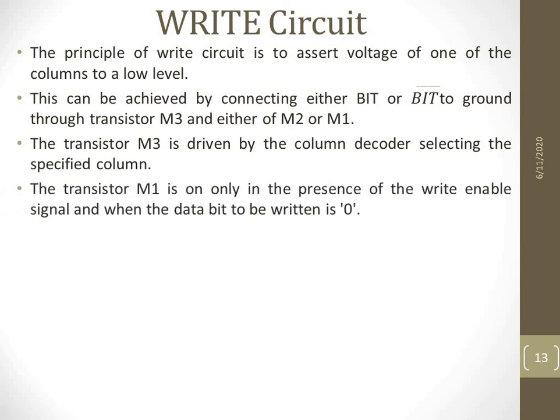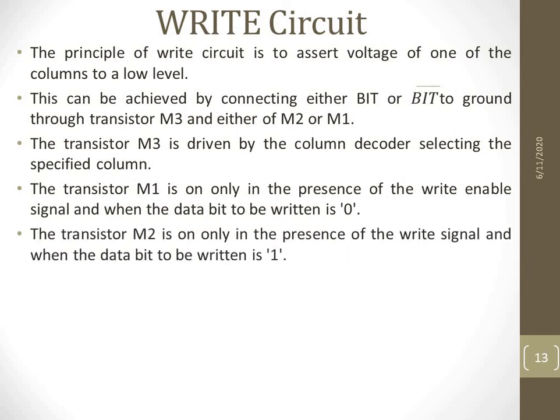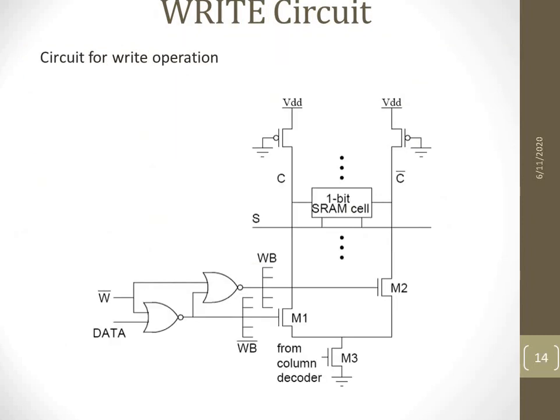The transistor M1 is on only in the presence of the write enable signal, and when the data bit to be written is 0. The transistor M2 is on only in the presence of the write signal, and when the data bit to be written is 1. So this is the write circuitry where we are supposed to pass the data